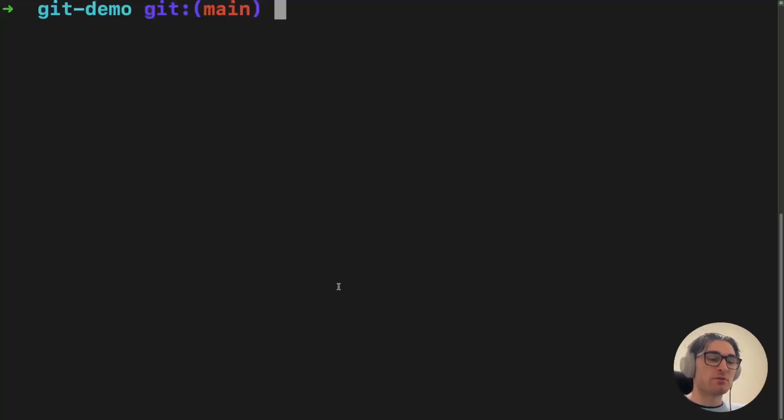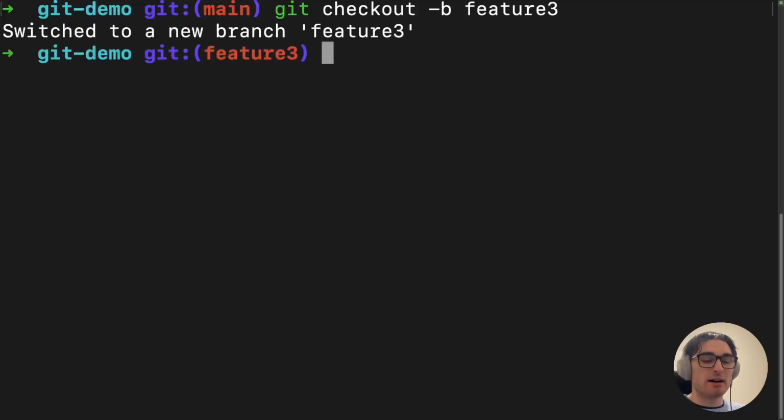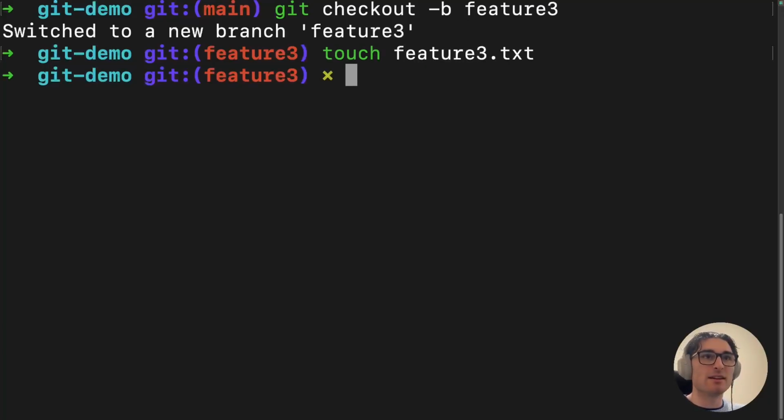In order to create a branch and do so with GitHub, we can follow the same process that we have done so far. We can check out to a new branch, and we'll call it feature 3, like so. And then we can maybe just create a file, feature 3.txt. And then if we open this in VS Code,